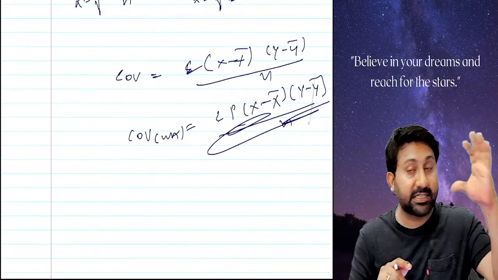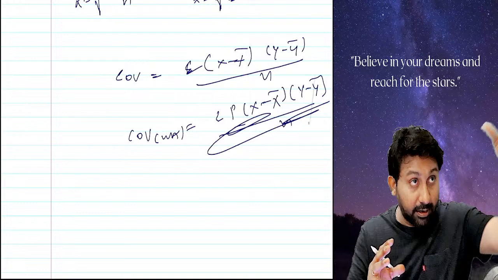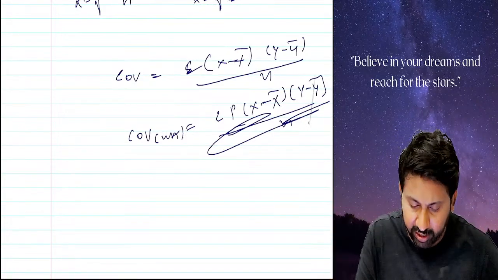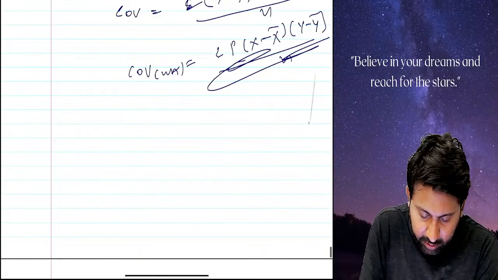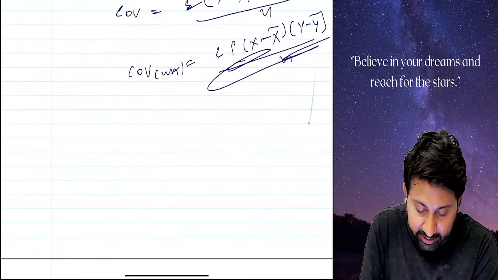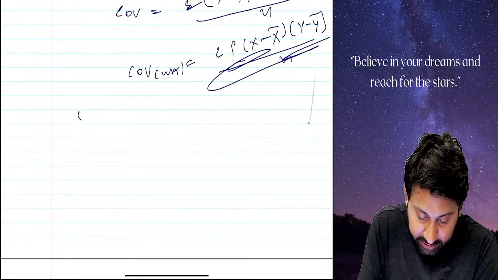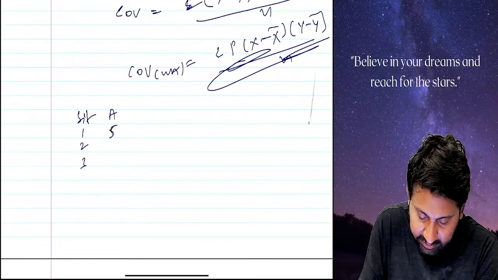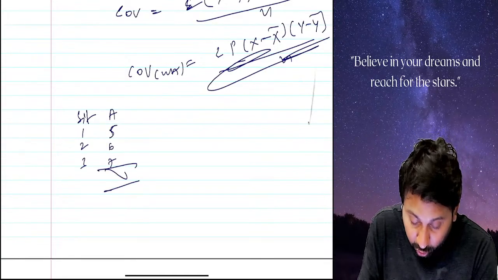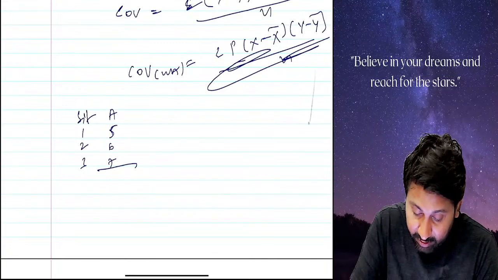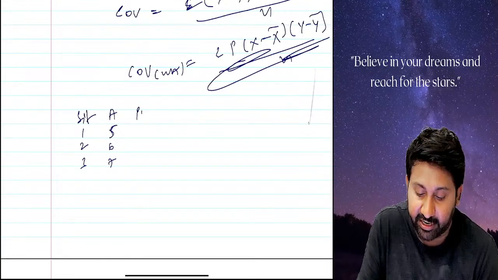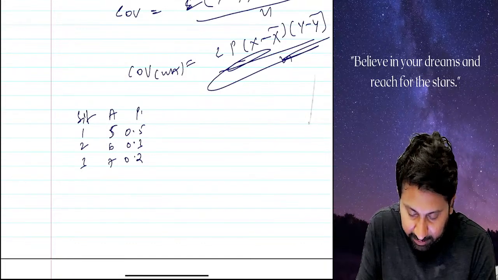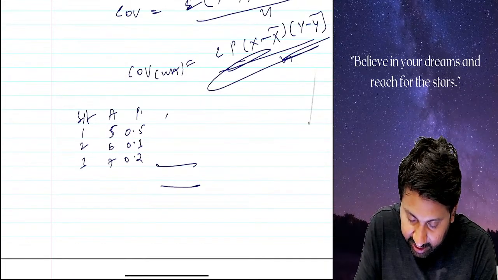Always remember, x is actual return, x bar is mean. Actual minus mean, variance or deviation you can call. Okay. So whenever information is given, you have to take like this with the probability. Situation 1, 2, 3. A, they have given 5, 6, 7. Don't total them. If probability is given, multiply by probability and take the total. Probability 0.5, 0.3, 0.2. Multiply them. You will get the A into P.